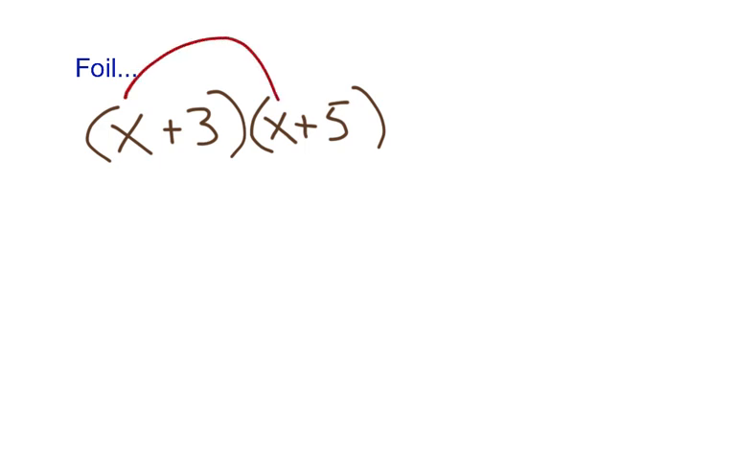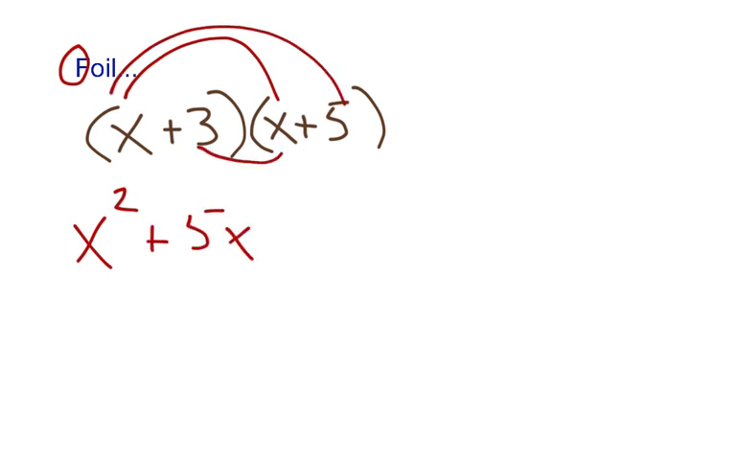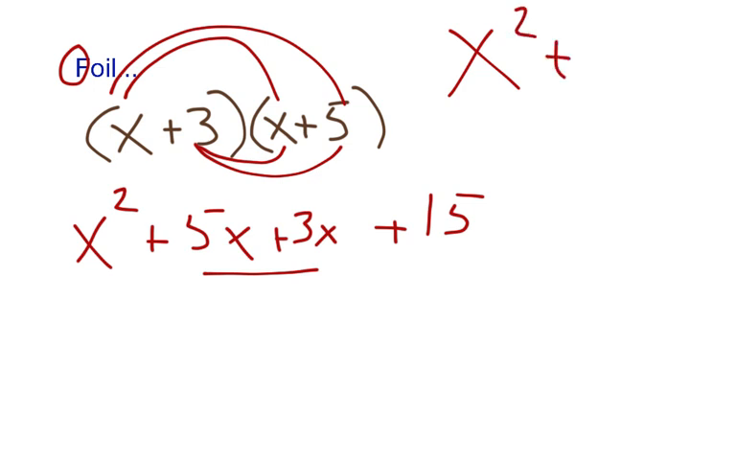When we FOIL, the first two terms multiply to get x squared, that's what the F is for. Then the outside gives you 5x, and the 3x is the inside. And finally, the last ones are multiplied. So if I had a problem, x squared plus 8x plus 15, notice that the